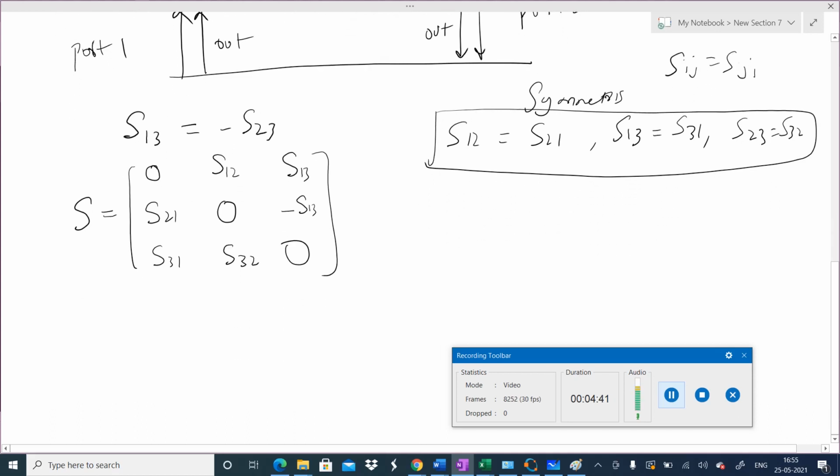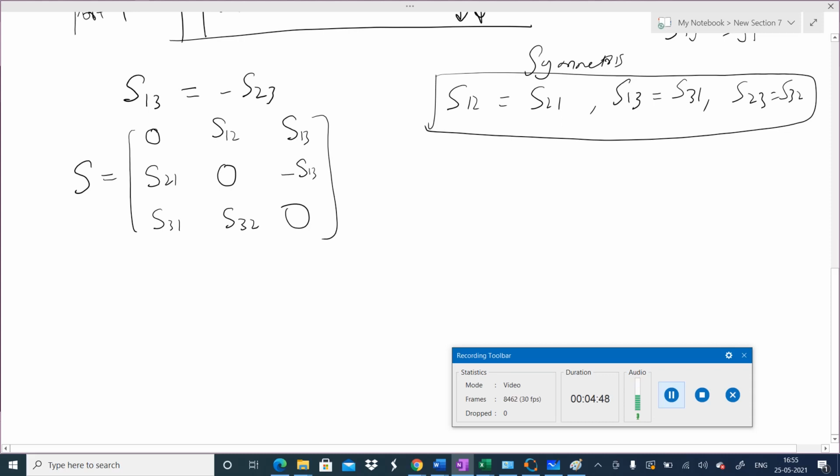Then we have one more property, that is the zero property of S matrix, which states that if you take the product of different S components in this way, suppose I have here S11 S12 conjugate plus S21 S22 conjugate plus S31 S32 conjugate is equal to 0. Someone has pointed out in last lecture, I might have written this, there might be some mistake. So this is the proper equation.